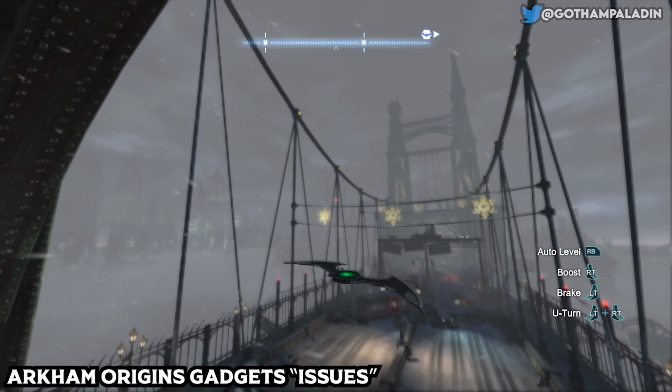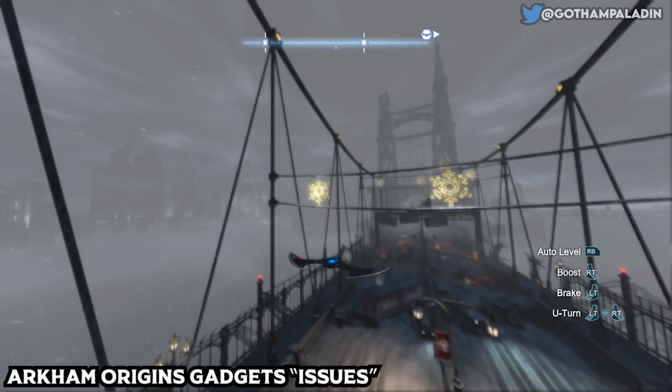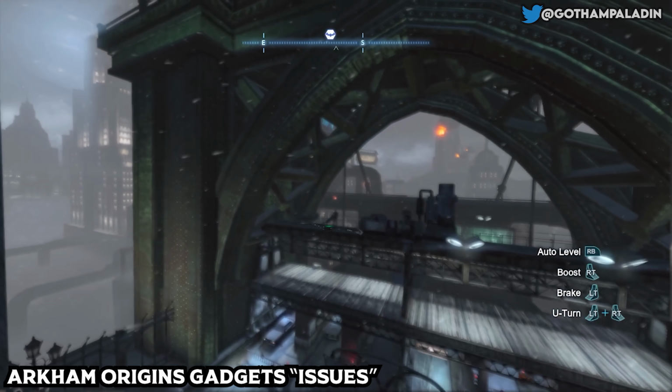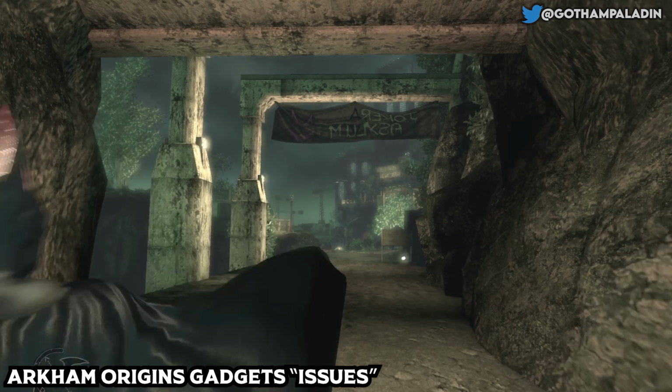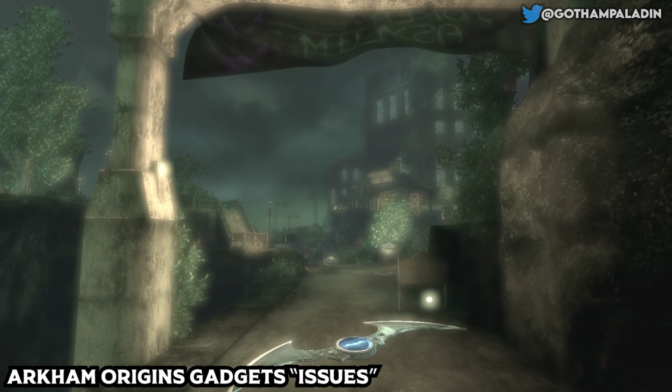It also lists a remote control batarang in Arkham Origins. It's able to change speed and turn its trajectory 180 degrees, which is more complex than the ones he uses later on in the series. But same thing as smoke pellets to me, it's kind of just a gameplay thing.